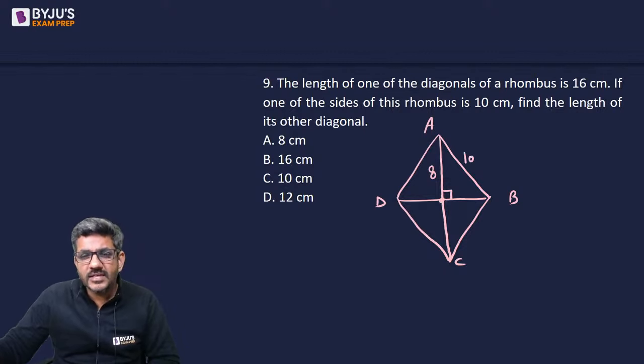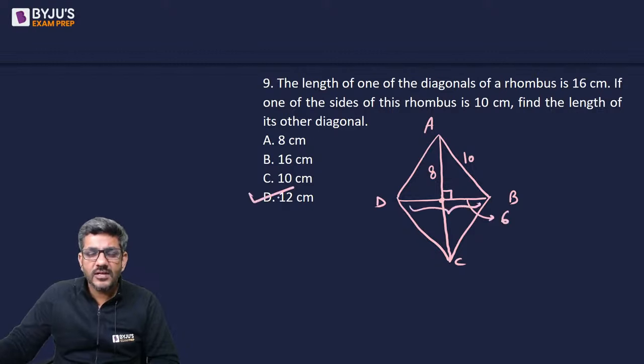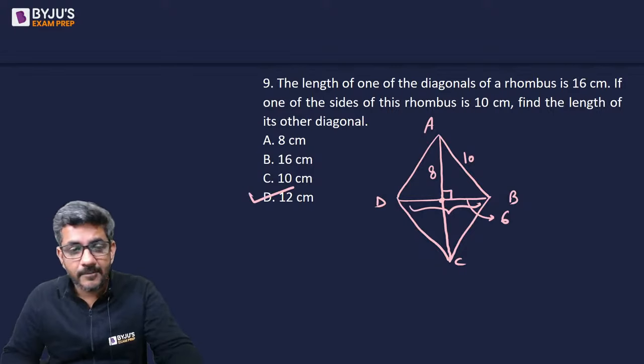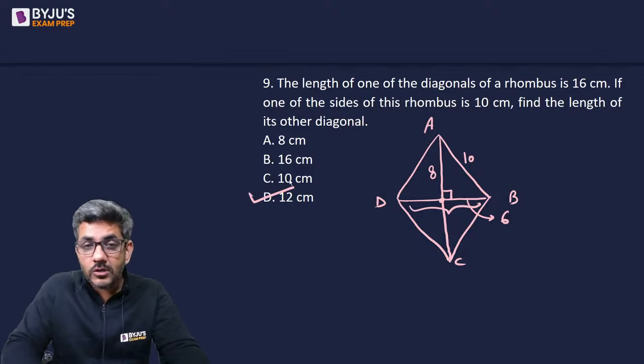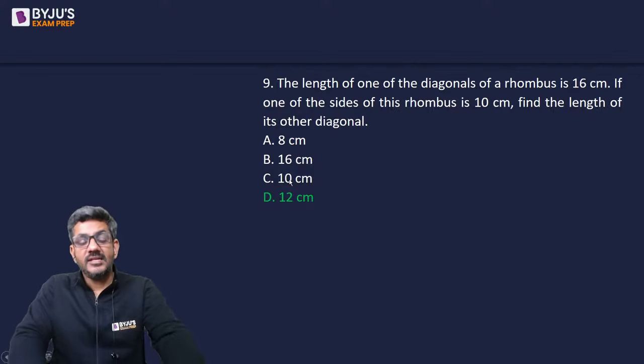So rhombus has all sides equal, so ये 10 हो जाएगी, तो third side automatically 6 आ गई, यहाँ पे side 6 आ गई, तो आपका ये जो है ये 12 आ गया. So D option is the answer, इसमें तो कुछ था ही नहीं. Easiest among all the questions that we discussed today, the right answer is 12, and